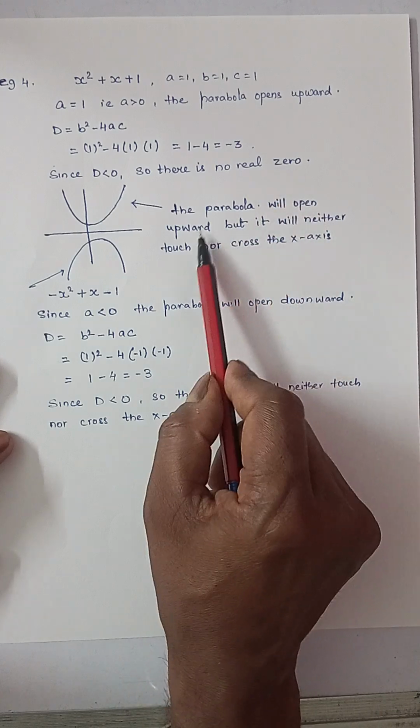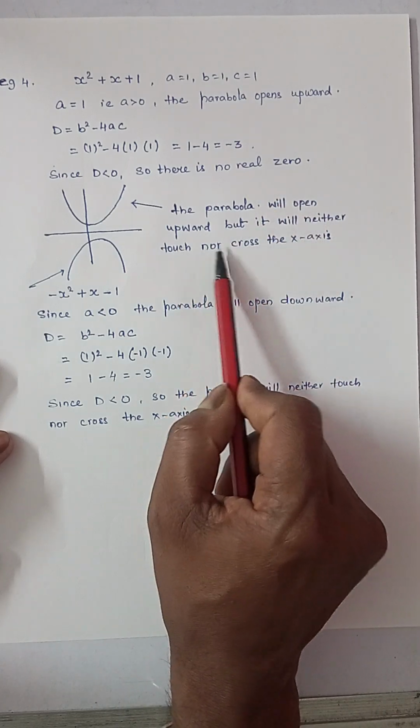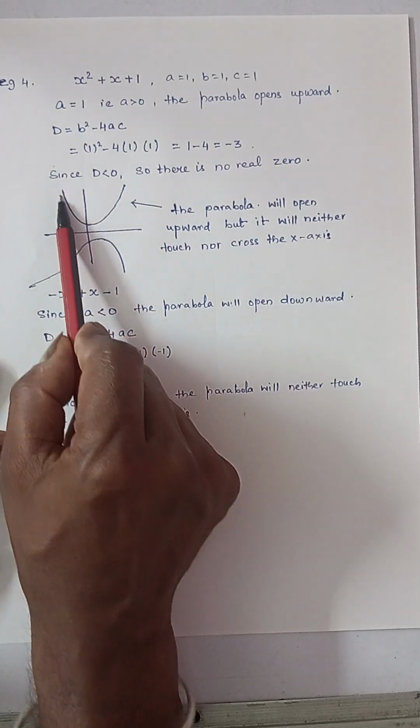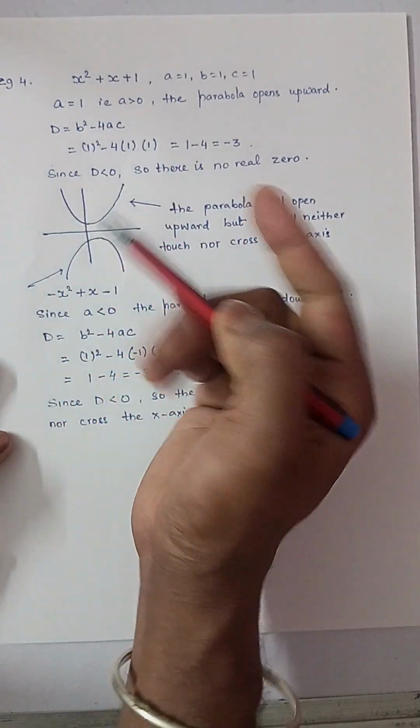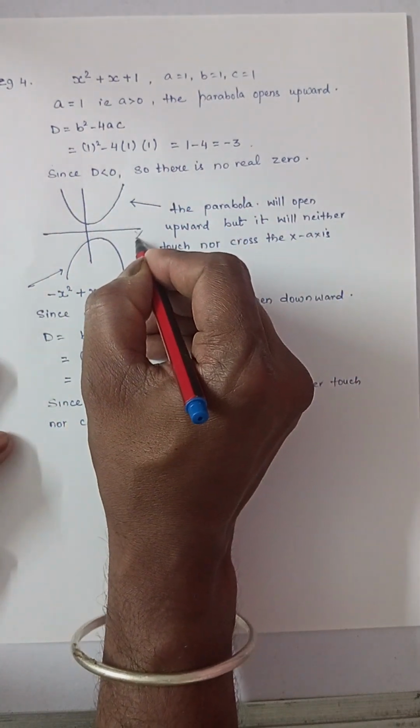So the parabola will open upward, but it will neither touch nor cross the x-axis, as you can see in the above graph. It is not cutting the x-axis. This is the x-axis,